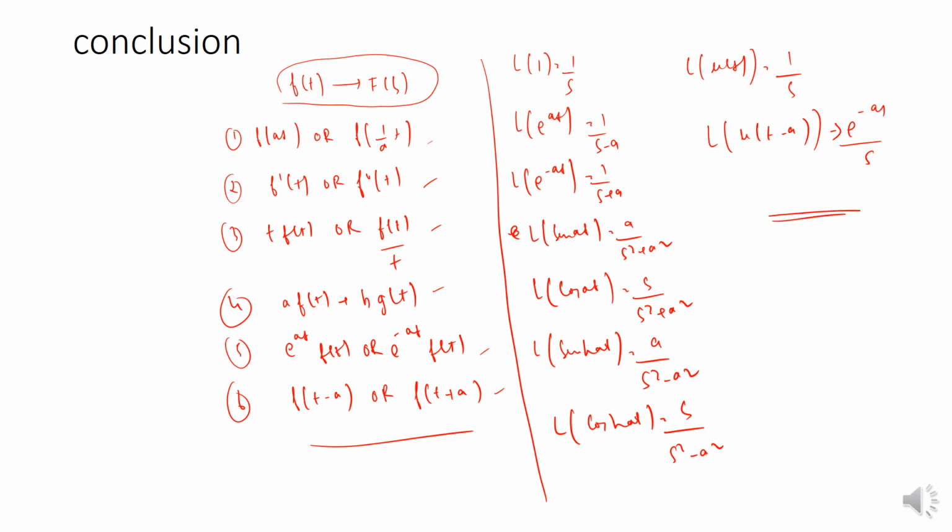So these are some properties, and basically the Laplace transform of a signal f of t is defined as the integral from minus infinity to infinity of f of t times e power minus st dt. So this is basically the definition. We generally do not use this, but we can use it to find the Laplace transform as well, but generally we use either the properties. And also this 7 I have written, the derivative. Generally we use these properties to find the Laplace transform. I hope this was understood.